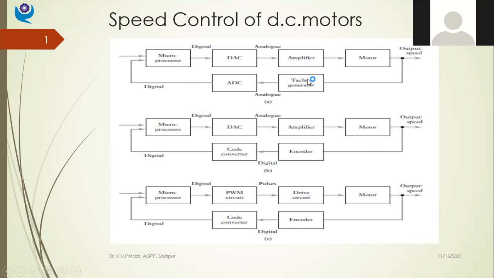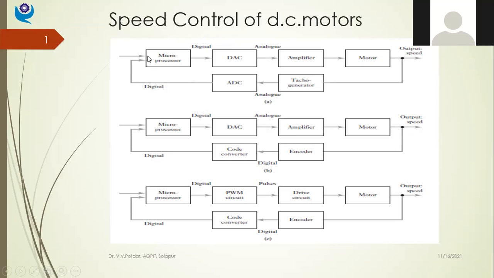Now, what is the functioning? We already studied this in our sensor transducers. The tacho generator receives the speed signal, right? And it converts it into some analog voltage output. It's a generator, so the voltage that is generated by the tacho generator is proportional to the speed of the DC motor which is to be controlled. Now, this analog signal is conditioned by using an analog to digital converter, and this digital signal is given to my microprocessor. My microprocessor is the controller in this case.